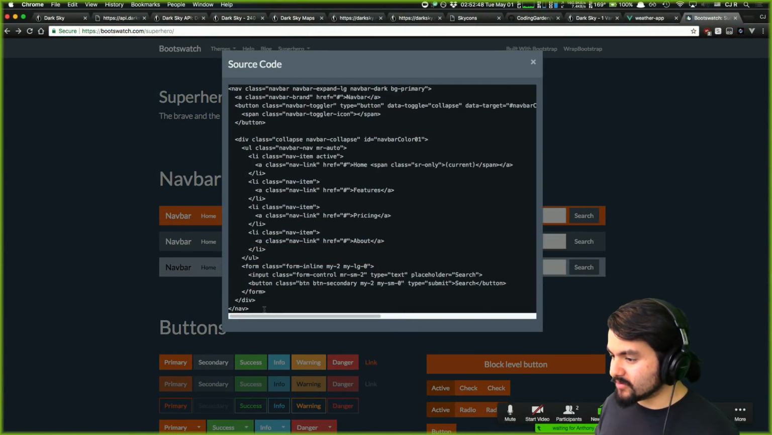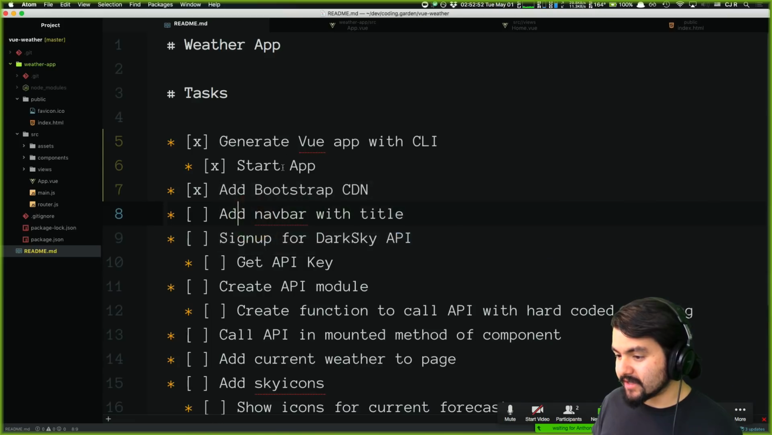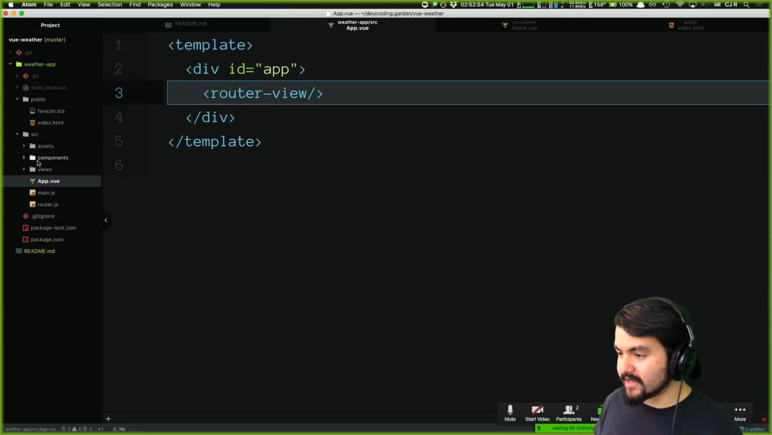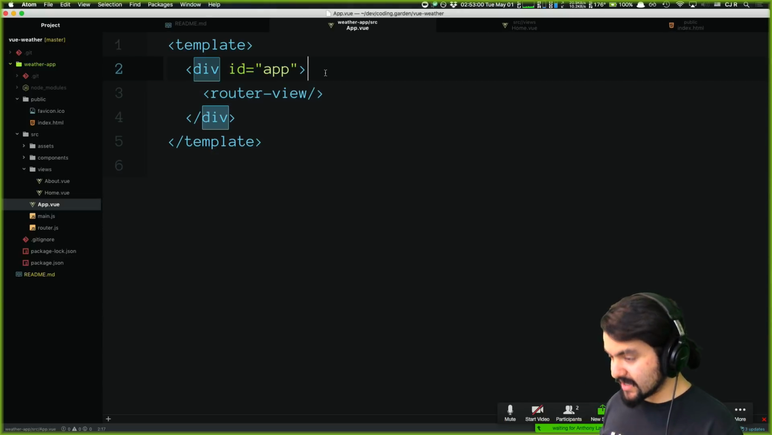So we're just going to pull this code in. That should create a basic navbar. But here's the thing. I'm not actually going to put it in this home component. I'm going to put it in app.view right above the router view. Because the idea is if I put